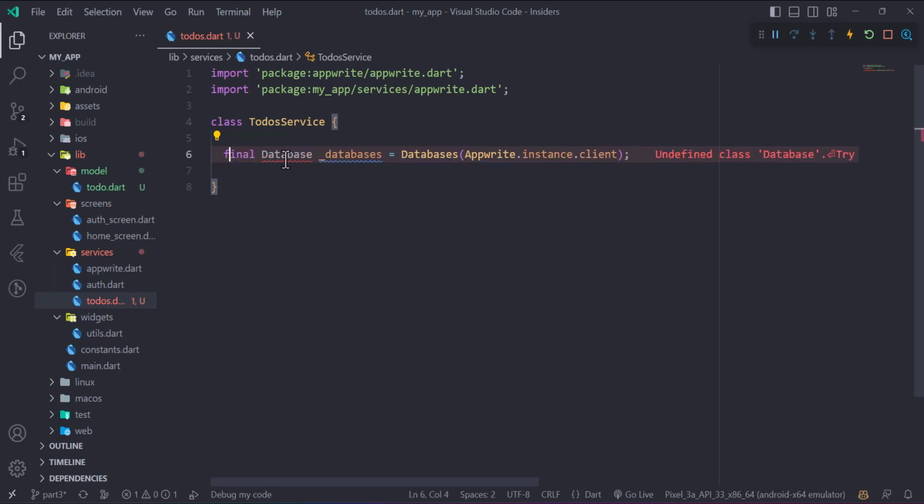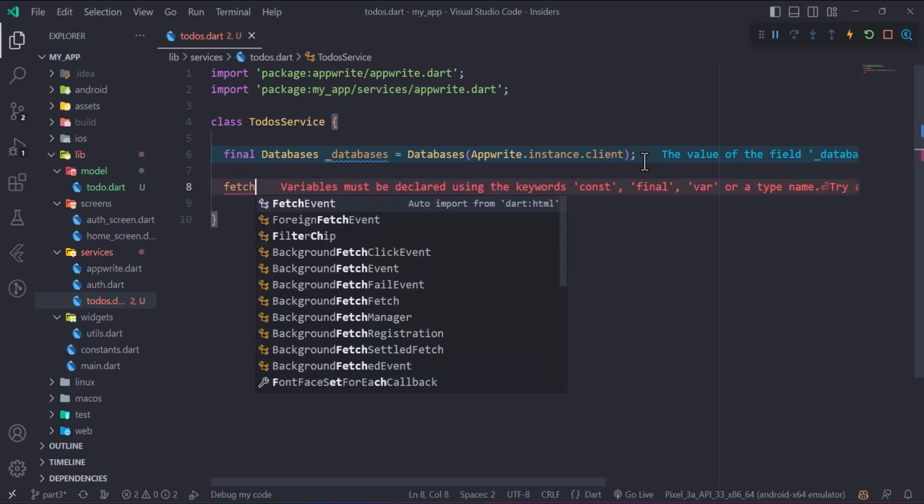Nothing new here. Similarly, how you created an account object is the same way you create a database object, right? So let's say the first function which you would need is fetching all the to-dos which are present in the database, right? So let's say the name of my function is fetch,